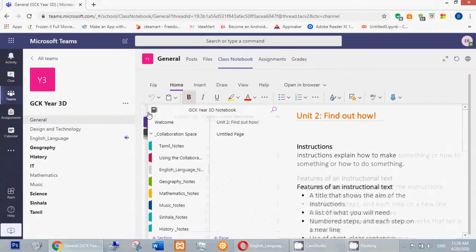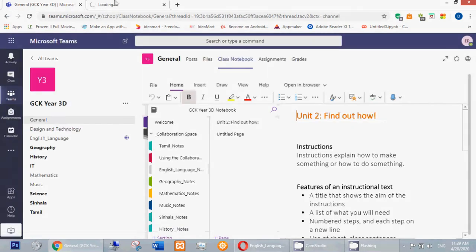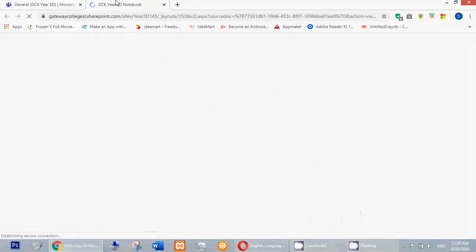Now you need to have a look at it to write the answer, right? So what I can do is I can open this particular page, this particular view in the browser. So I can just click on open in browser. So that will open in another tab